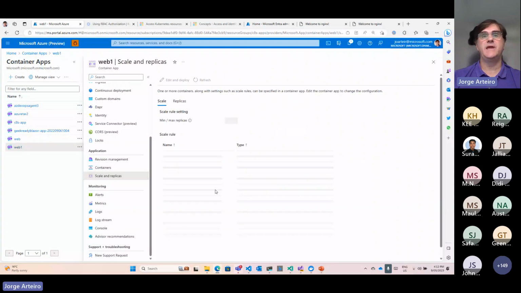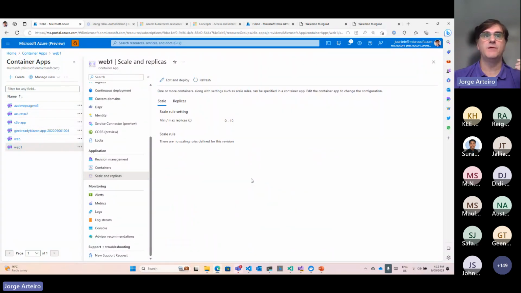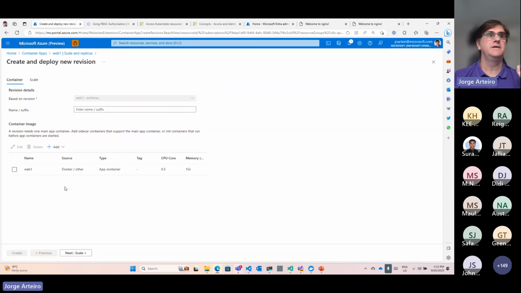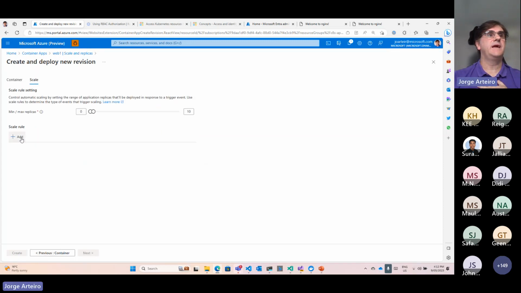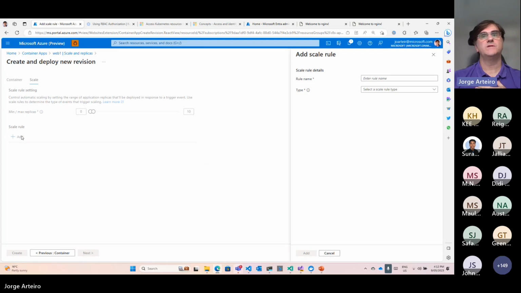The way that you scale your application now, you can use multiple. If I deployed, if I added this, you can say that you can add scale. You can add rules for your scaling. And there are multiple ways to do it. You can scale based on number of requests, how many people are calling your application, and you can scale your application based on that.